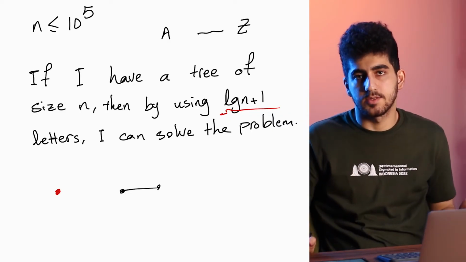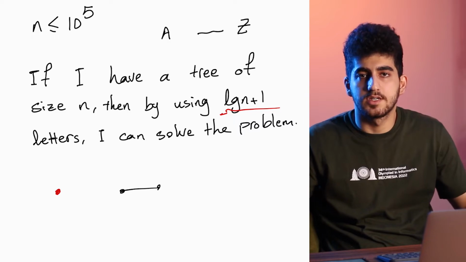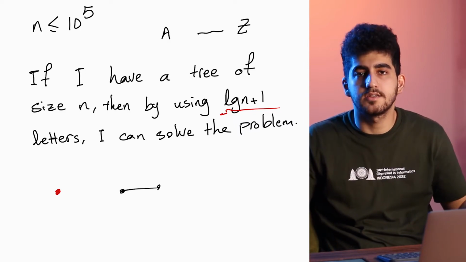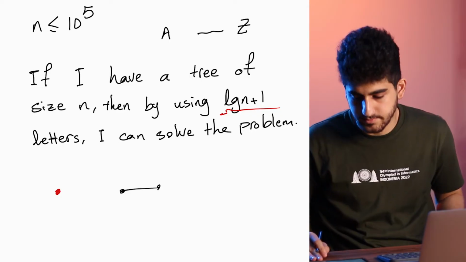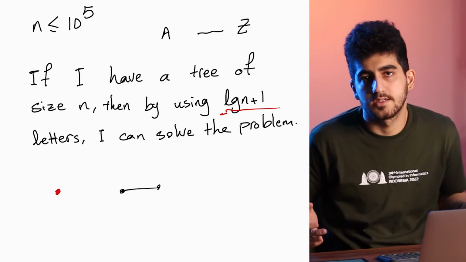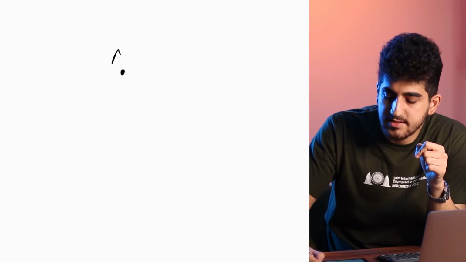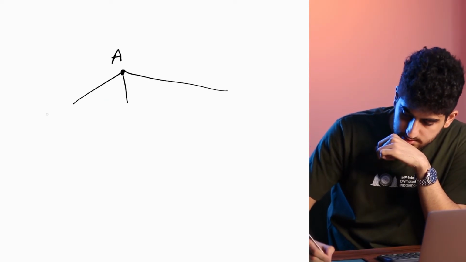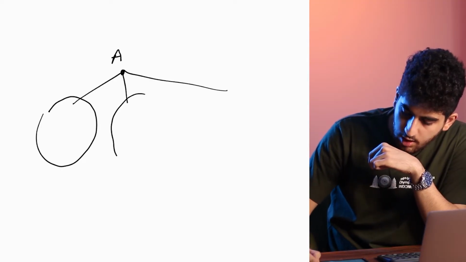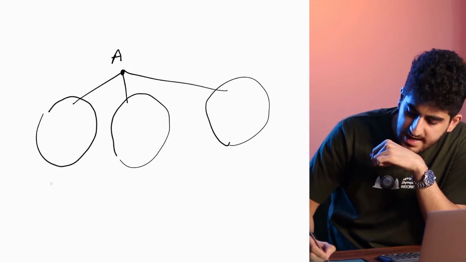So this is my statement, that if I have n vertices, by using log of n plus 1 letters, I can always solve the problem. How do I prove it, and how do I solve this problem? I just say that I find the centroid and I put the letter with the highest priority there. For example, at the beginning, it is letter A. And I know that in all these components, we will have n half vertices